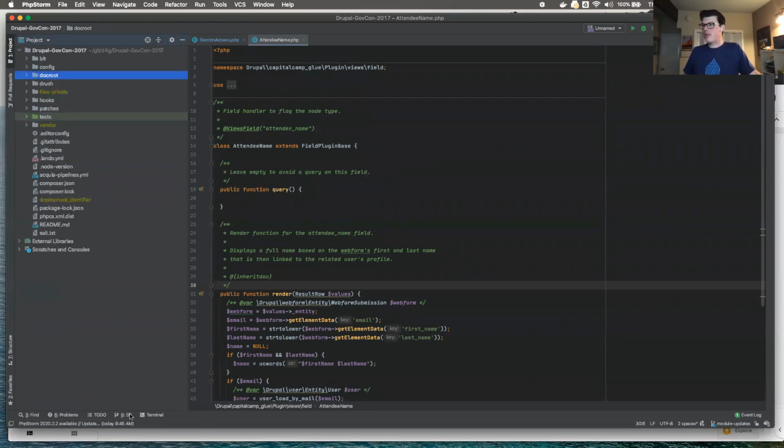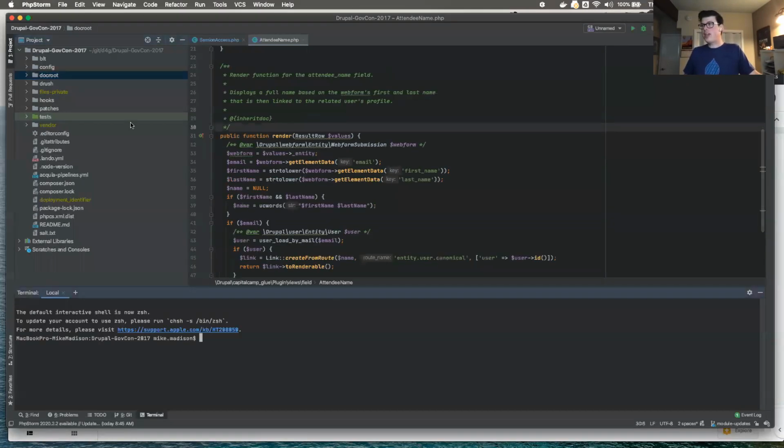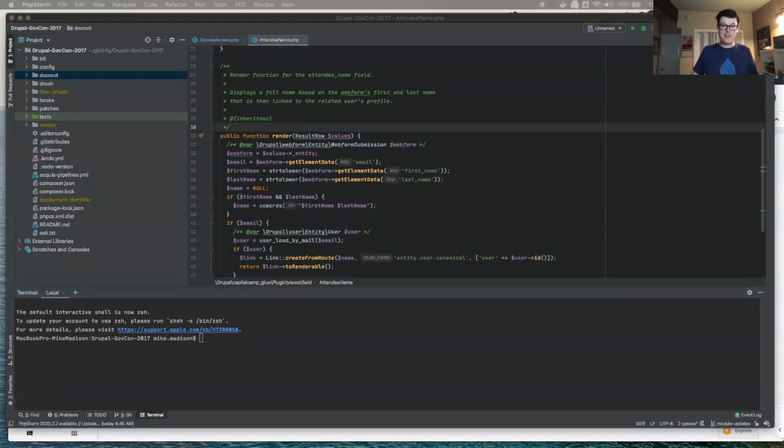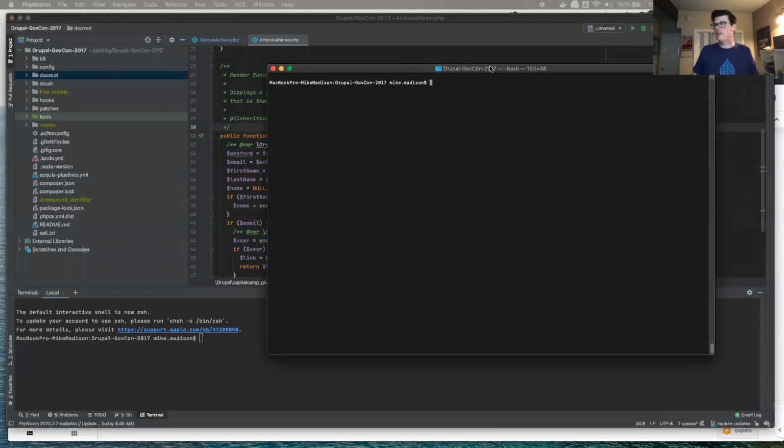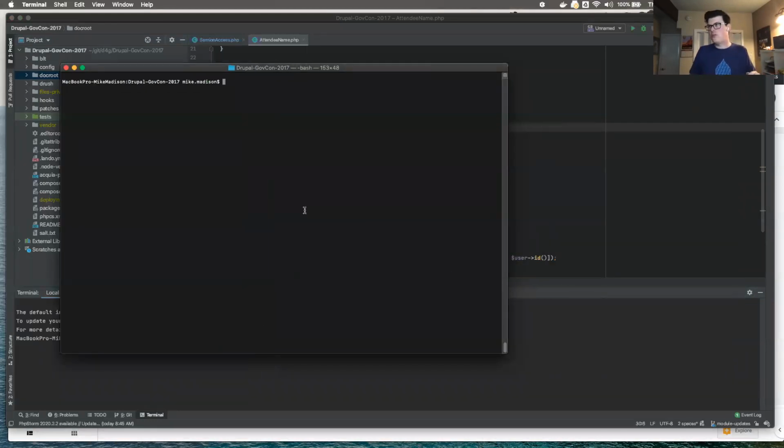Okay, so last couple of things I just want to quickly show. PHP Storm does have a terminal built into it. So if you so desire, you can actually use all of your terminal commands right inside. Personally, I like having my actual Mac terminal separate.